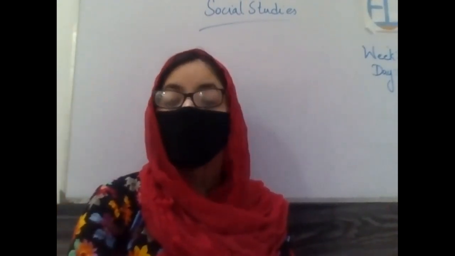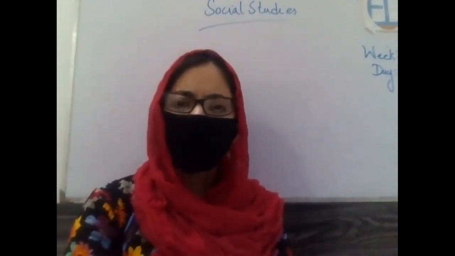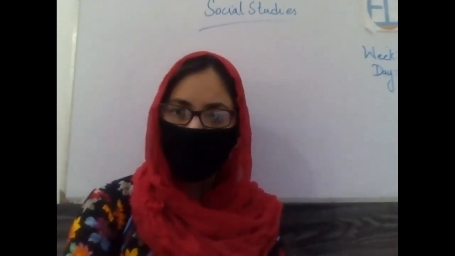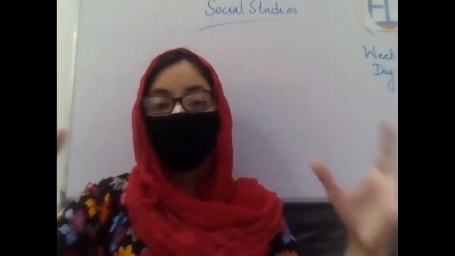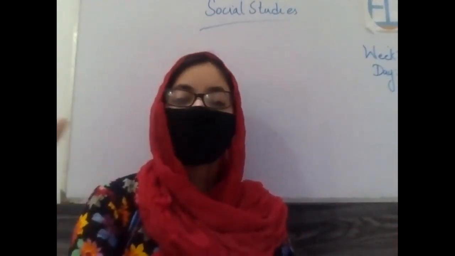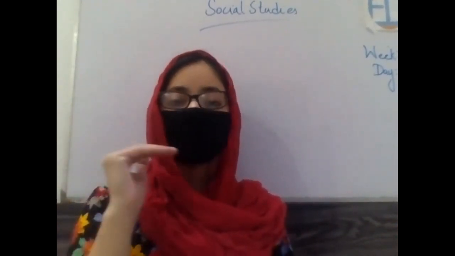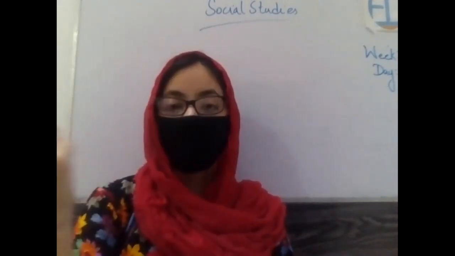Then, if we talk about the home environment, there would be a lot of other things. If we talk about the colony or the area environment, the society environment where I live, it would be a bigger term, right? So, everything which is around us is known as our environment. Now, the environment has two categories. The one is natural environment, and the other one is,